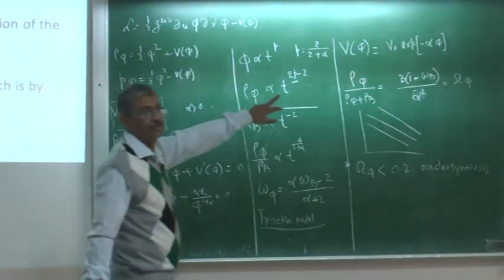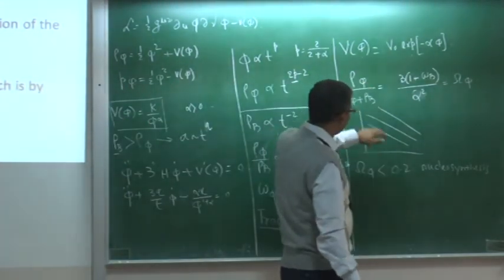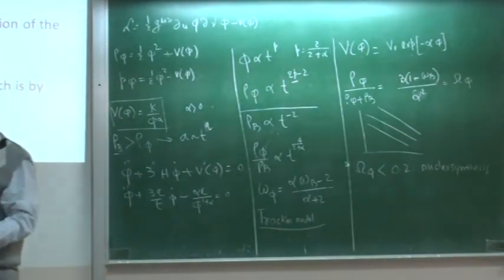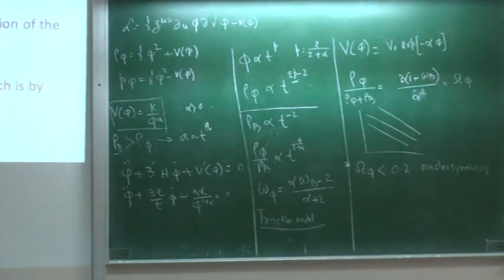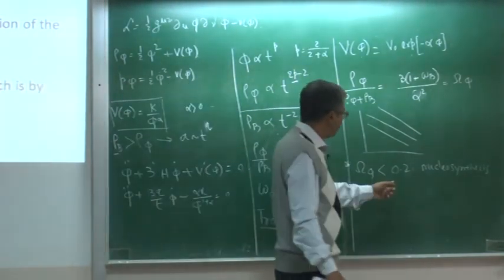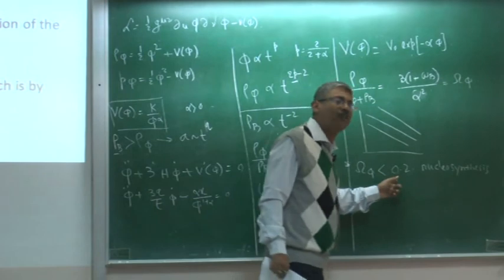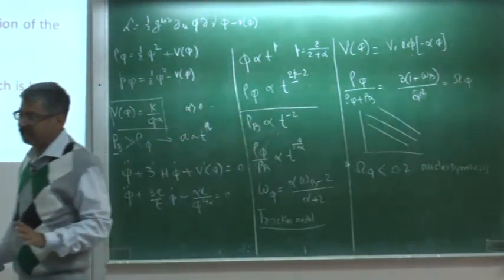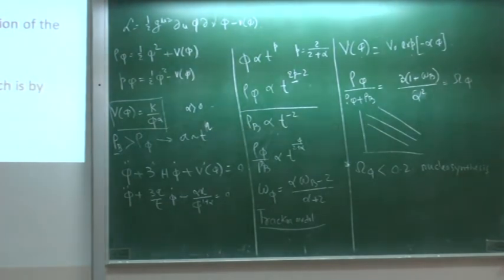If we have an exponential potential, it is a very nice potential. It always scales with the background. But the problem here is that if the dark energy is dominant, it always remains dominant, and if it is subdominant, it always remains subdominant. To satisfy the nucleosynthesis constraint, it has to be subdominant at early times, so it remains subdominant because this ratio is always a constant. So the exponential potential, that's why, doesn't work. It's a nice potential, the structure is there, but it doesn't work actually.